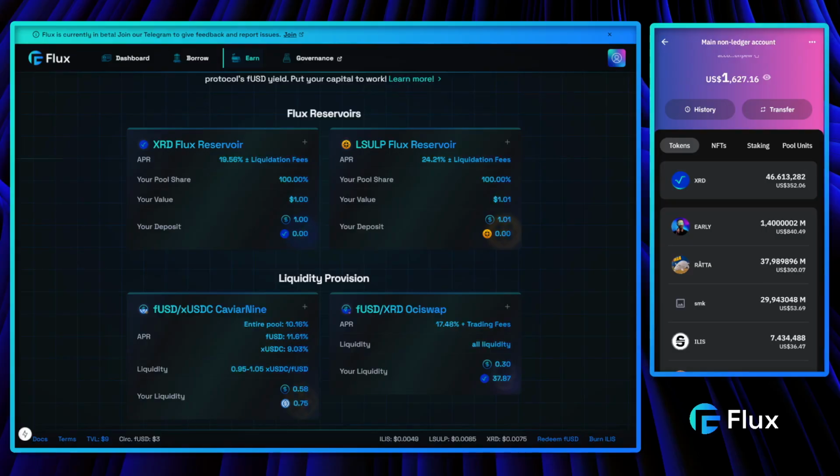So there's two specific DEX pools that we incentivize: a FUSD XUSDC pool on Caviar 9, and a FUSD XRD pool on OsciSwap. The Caviar 9 pool is a shaped liquidity pool, which means that you can provide liquidity at any price you want. And this also means that you can provide liquidity at prices that don't make sense. So you could provide liquidity at 20 XUSDC per FUSD. This is way too expensive, obviously, so nobody's going to buy it or use this liquidity, so we don't reward